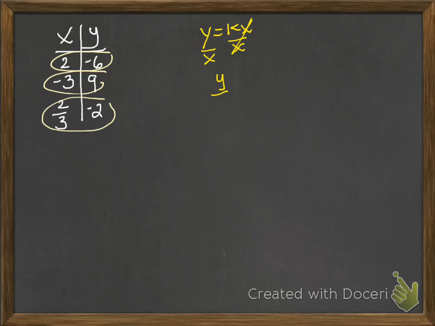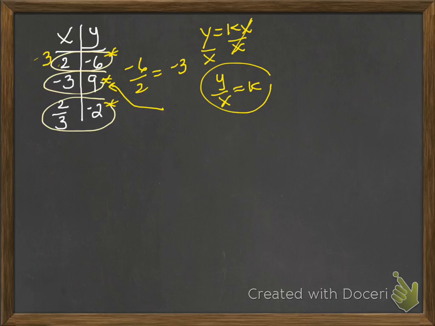and you get y divided by x is equal to k. Okay? So let's take a look at this first example. I'm going to take the negative 6 divided by 2. That gives me negative 3, which means the k for the first one is negative 3. If the k for the following two is also negative 3, then I know this is a direct variation. Let's take a look at the second one. Okay, we have y divided by x, which is 9 divided by negative 3, and that does give me a negative 3. So I have two ordered pairs that have constants of variation of negative 3. Last one,